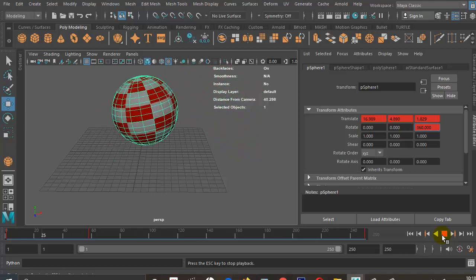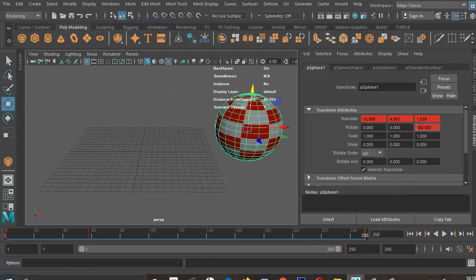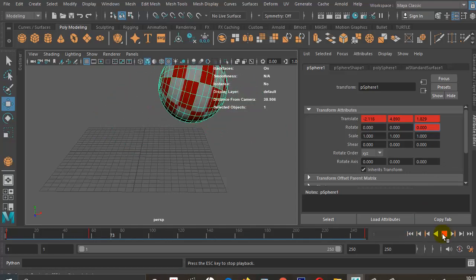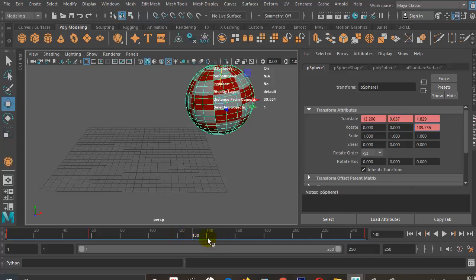it's rotating 360 degrees, but it's actually rotating the wrong way. So I want to set that to negative 360, right click and set key. Let's try that again. Oops, it's gone the wrong way again. Sometimes you need to give it a little bit of a hint. So what I might do in the middle here,